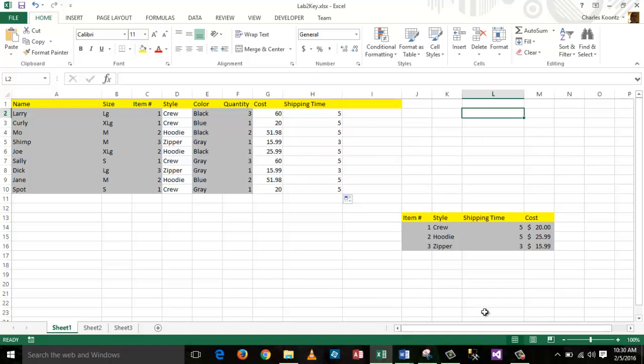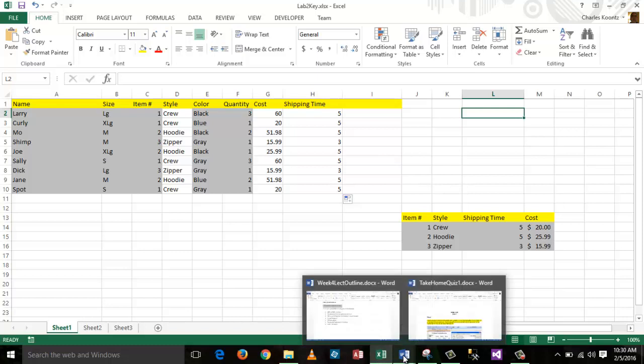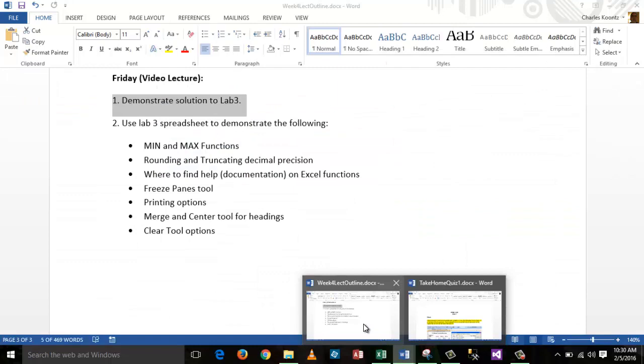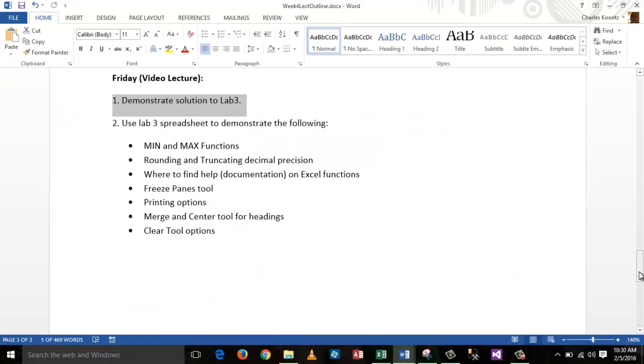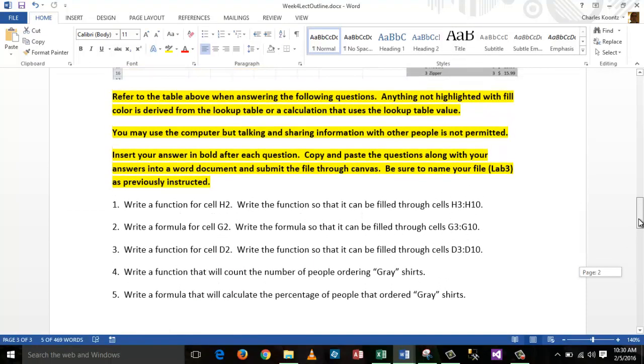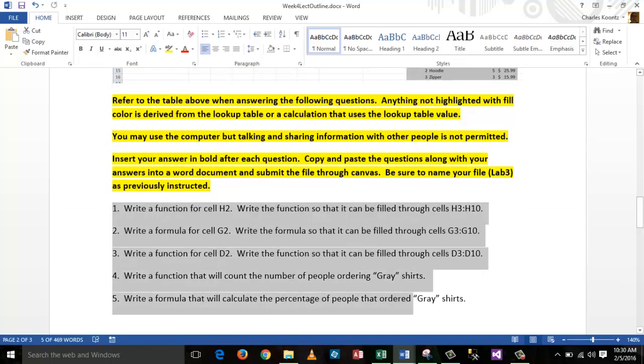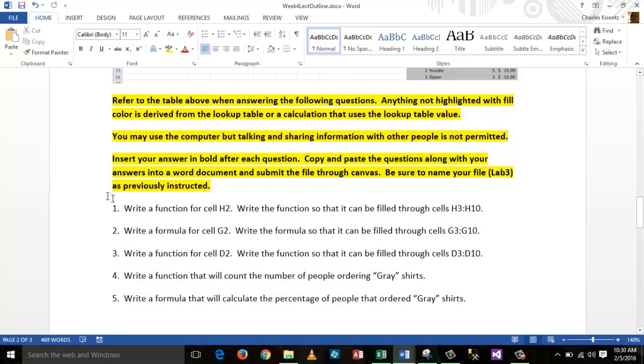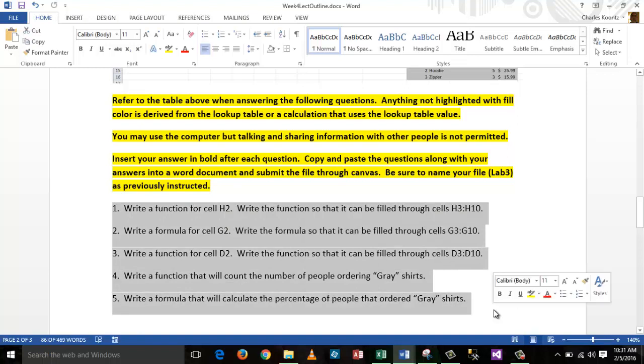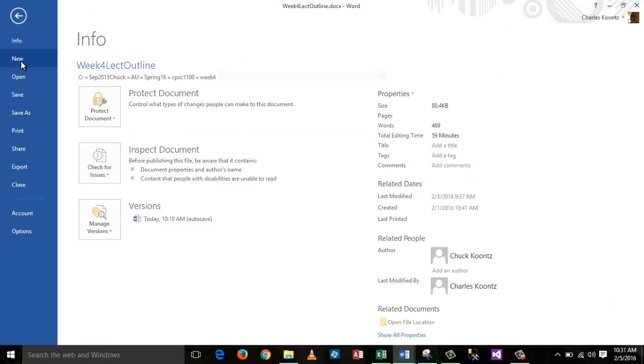Now, let me go ahead and just pretend that I'm you for a moment, and I'm going to leave the spreadsheet open. I'm going to go back to this Word document right here, and what you're supposed to do is to take these questions, copy them into another Word document. So I'm going to do that right now. Again, I'm going to pretend to be you. I'm going to highlight all these questions, do a Control-C to copy. After I highlight, Control-C to copy. I'll create a new file, new